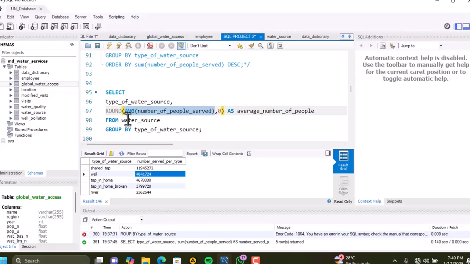Then we rounded it up by using the round around the average. So round will take the number itself, which is the average here, then comma, and then the zero means zero decimal places. So that is a round. Then as average number of people from the water source. And then we group by the type of water source so that it will find the average for each. So if it is shared tap, the number of people served averagely will be displayed. Okay, so when I click on run,